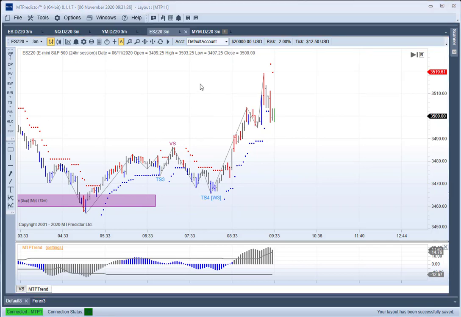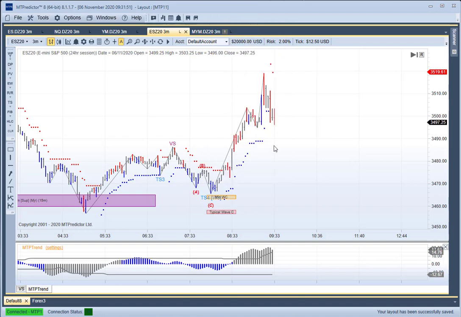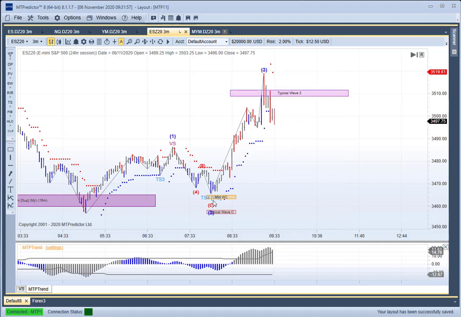So what is a W3 or Wave 3 trade setup? It's where the market has made an initial rally off a previous major support, high or low. Remember, we use my unique isolation approach to Elliott waves. So in other words, we start our count at the higher time frame support. The initial move up would be a wave 1. The market then made a correction. It made then a minor ABC. If I place the Elliott waves on here, you can see it made an ABC correction down into here. And if I go to this pivot and do Elliott waves major, you can see that this correction was considered a wave 2. So in other words, the initial move up was a wave 1, an ABC correction into wave 2. We then look for a strong wave 3 swing,